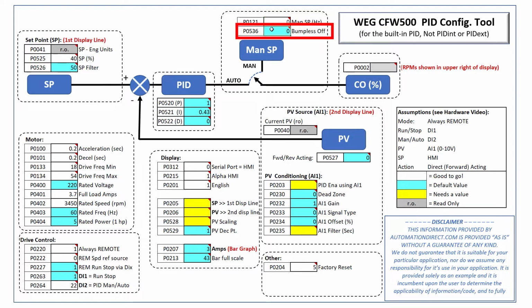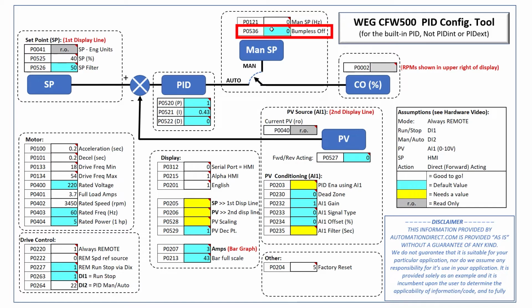Bumpless mode prevents large changes or bumps in the control output when you switch from manual to automatic mode. Suppose you're messing with the system in manual mode, and then you switch to automatic mode. Well, because you were messing with the control output, the process variable could now be nowhere near the set point. That creates a large difference, which can create a large sudden change in the output, which could be hard on your system or possibly even dangerous.